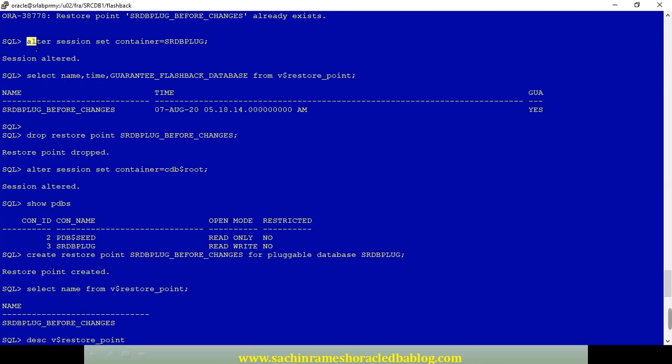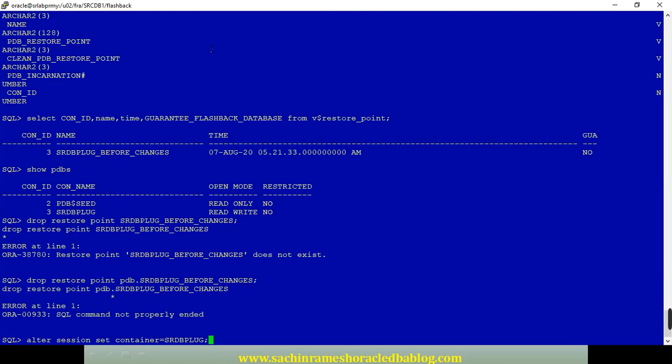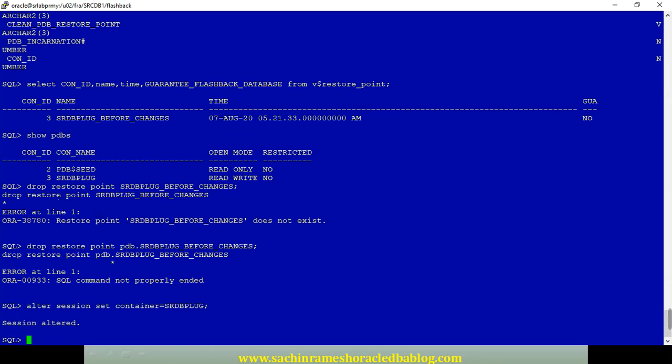What I will do, I will go to that container and then I will drop.